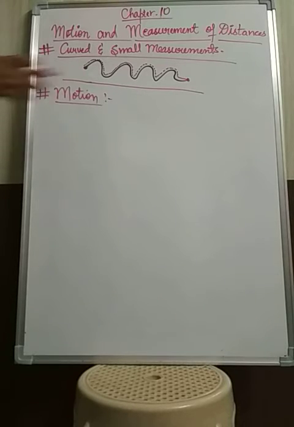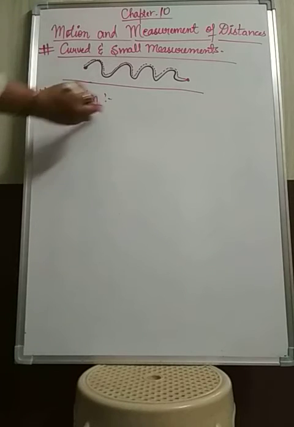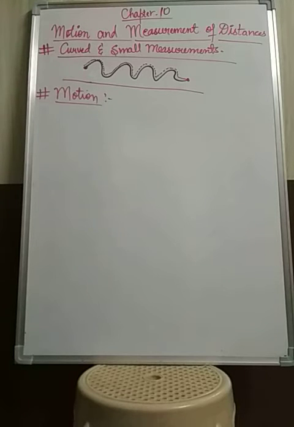Now our main topic is motion, that is, motion and distances, what type of motions we need to consider, or what motion actually is. An object is said to be in motion with respect to another object if its position continuously changes with respect to those objects. To understand this definition, you need to understand one example.